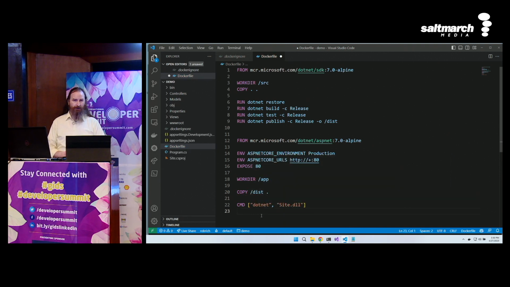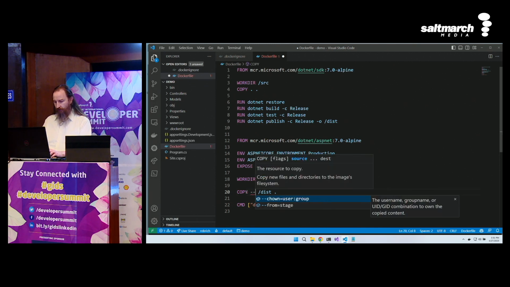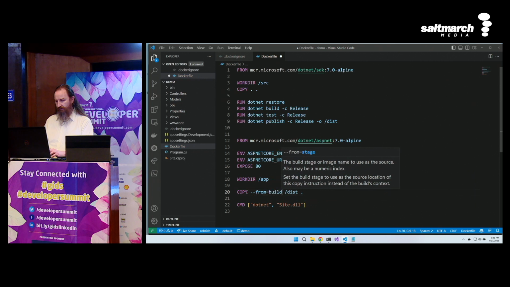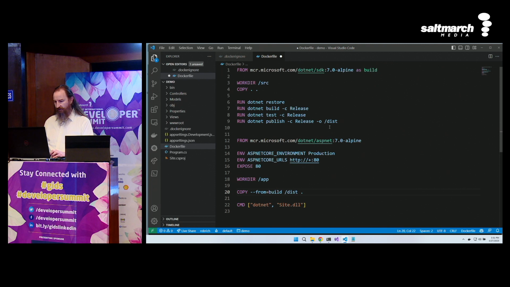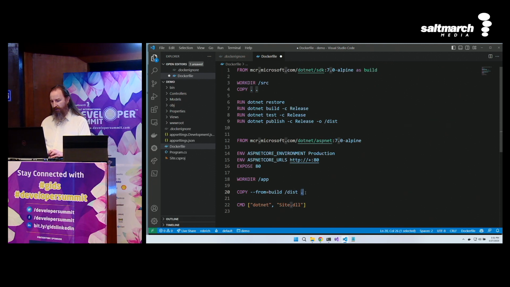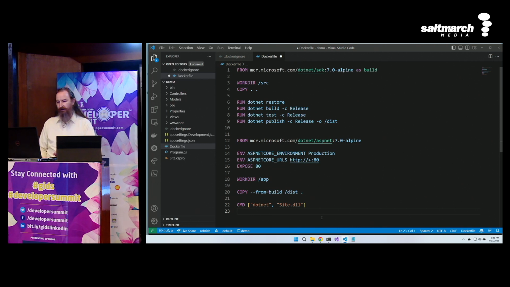But right now, it's going to look in our host machine for that content. And that isn't in the host machine, it's over here in this build stage. So let's copy from equals build, and now let's name this one as build. And so it will look to the build stage here, and it will look to the dist folder, and it will copy everything. Now our source code and our build tools are not in this second stage.